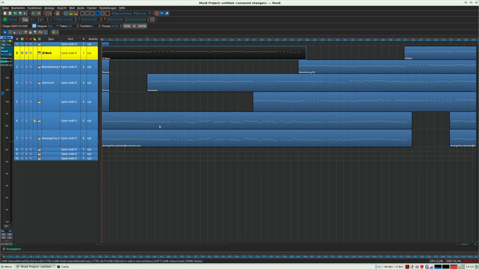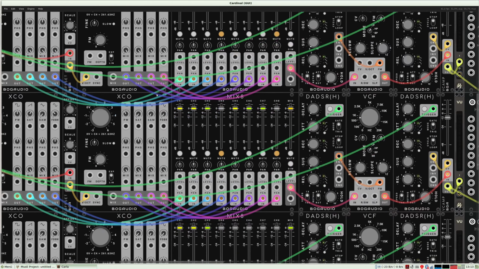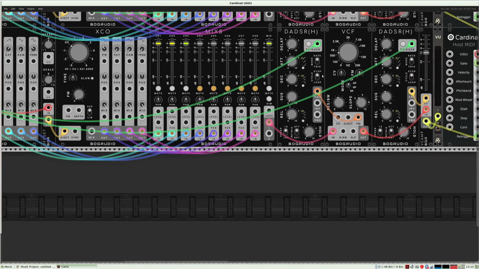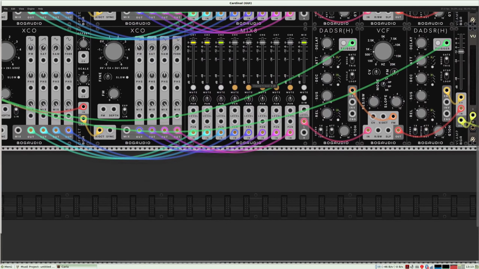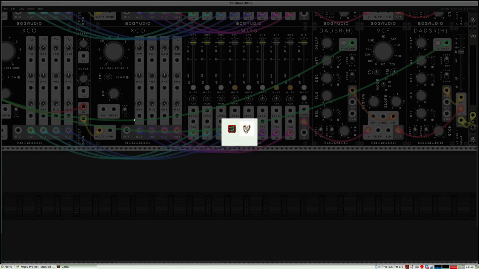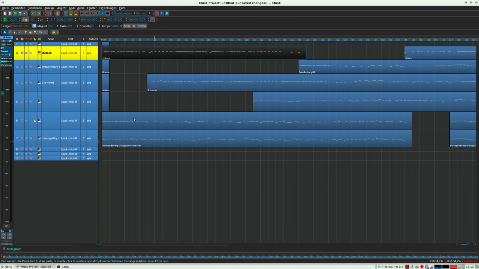Okay, sounds better. So I can reactivate the second synth here. I use this and this and have a listen to it. Okay, switch back to all.